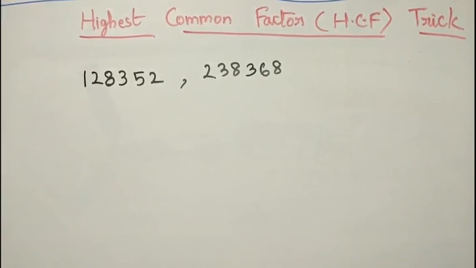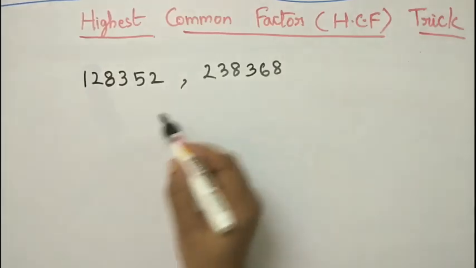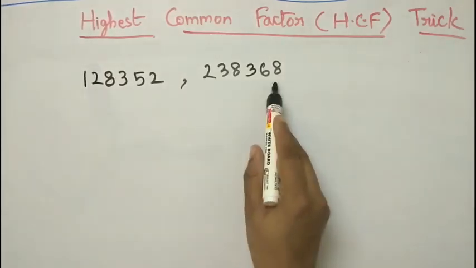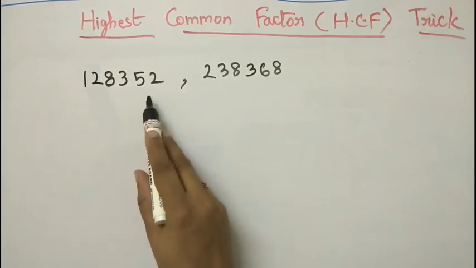Suppose they have given these two numbers to find the HCF. The digits in these numbers are more than 4. So definitely you might have worried how to find the HCF. But it's very easy if you follow the same trick which I explained in both the examples. Observe clearly. See, here it is 6 digits. So here it is also 6 digits.